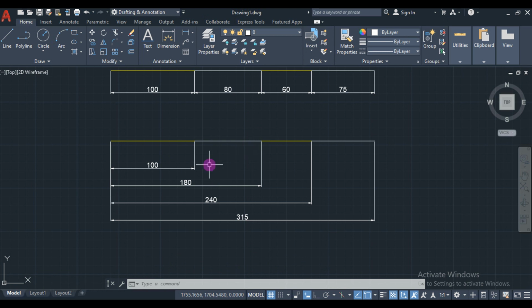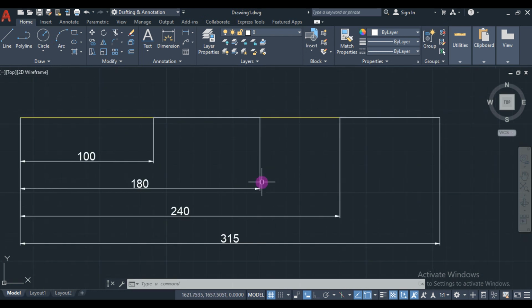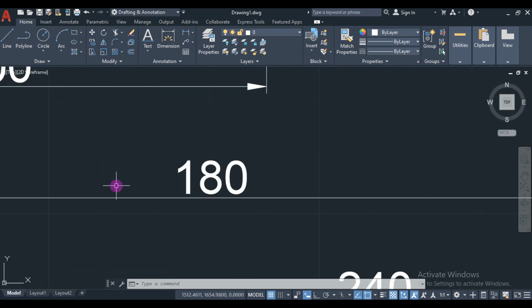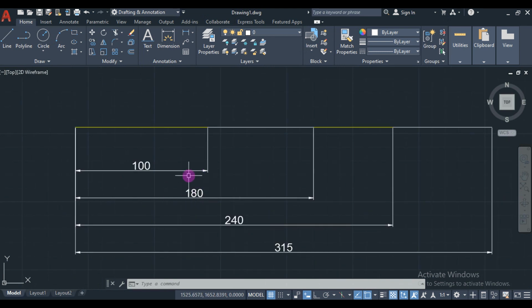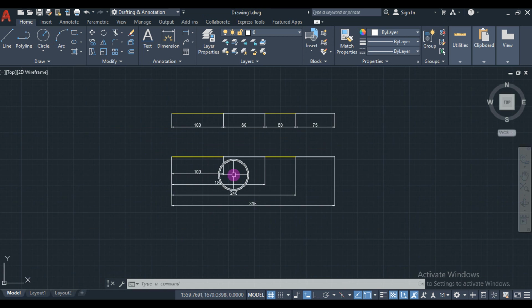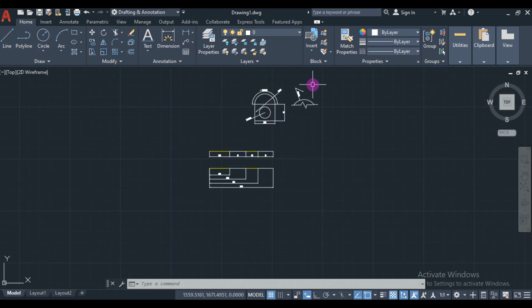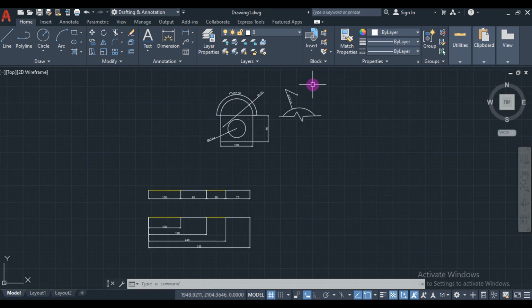These are known as extension lines. We are going to get the dimension lines, the text, and the arrow marks. We can also adjust the spacing between the text and the dimension line, and we can change the alignment of the text with respect to the dimension lines by using the dimension settings. So this is all about the different types of dimensions and how to assign dimensions for AutoCAD drawings.